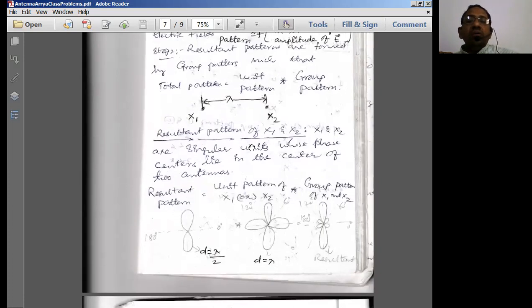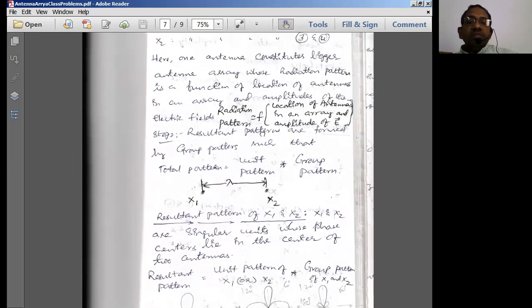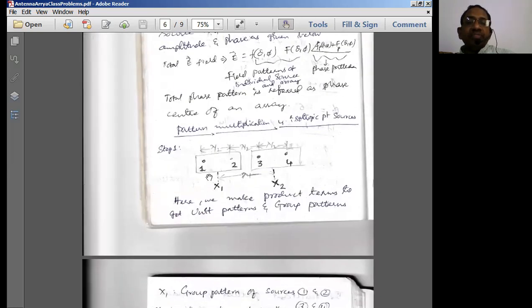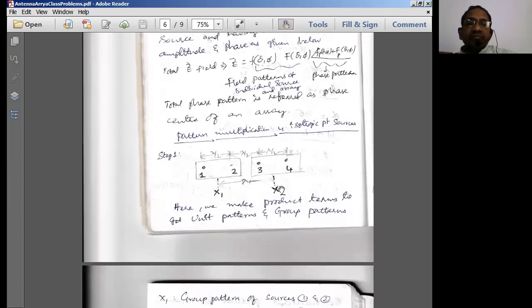Right. Now, what has the distance between this x1 and x2 become? See here, this is exactly at the center. So this distance is going to be lambda by 2, and these two normally add up to lambda by 2. This is lambda by 4, lambda by 4. When you add up all these, we definitely get lambda.